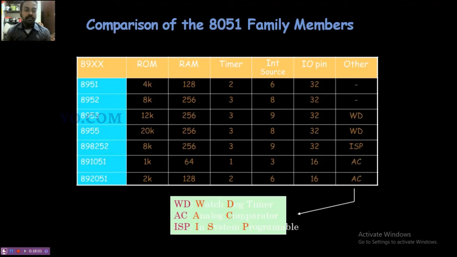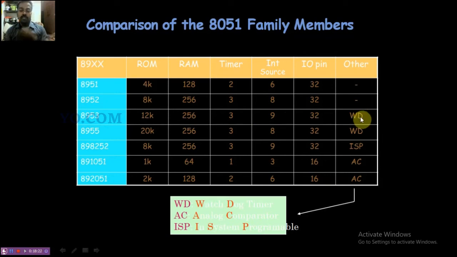Similarly we can compare with the other microcontroller, 8952. In the 52, the memory is increased, the remaining everything is same, the interrupt is 8. Then the 53 has 12K, then 256, then 9 interrupts. Okay, right.